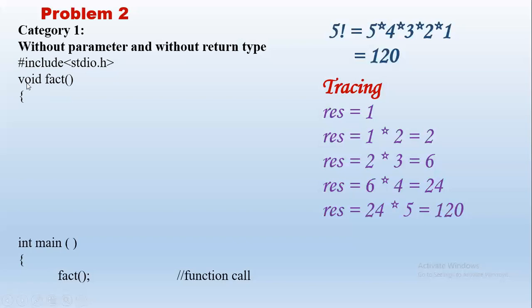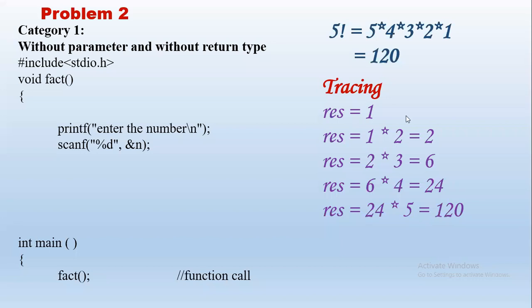Now inside the fact function, we will write the logic to find the factorial. Here we have to take input for which number we should find the factorial, because nothing is told by main. It has to know which number, right? Like when I did not tell which number to add, Jayasuriya took 2 numbers and added, right? Here we don't know which number to find the factorial of, because from the main we did not get that information. We will take input in the function itself, right? So here n is taken as input. For example, we enter 5.